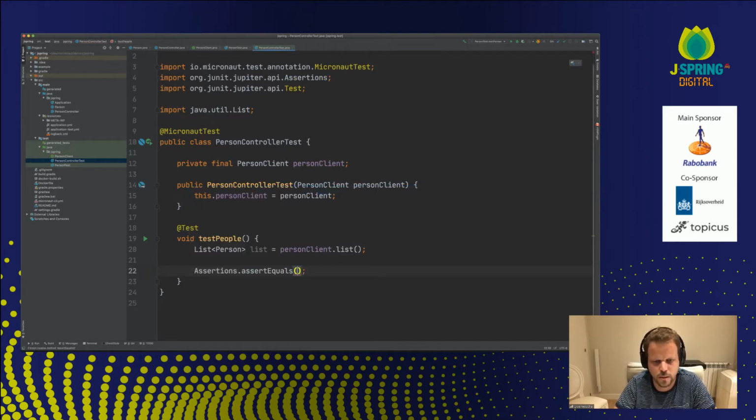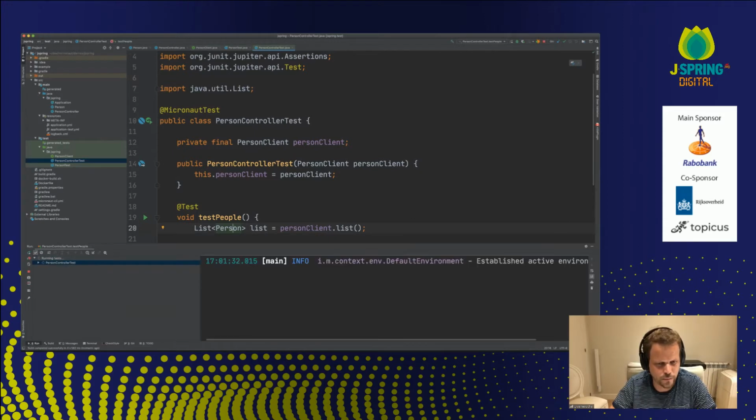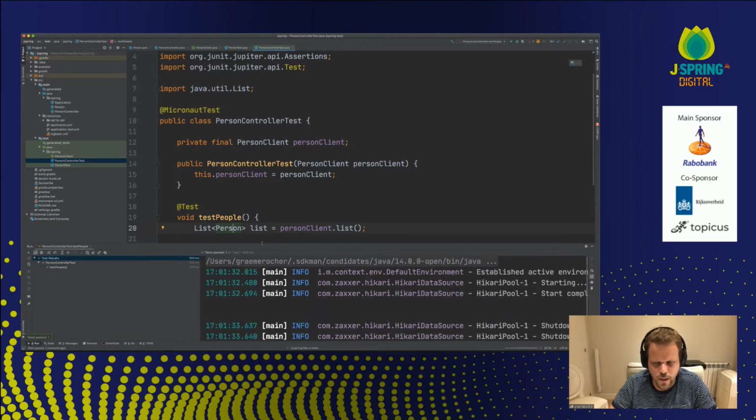So I expect it to be 2 people size. So that's the test, right? So let's run that and see what happens. And if the demo gods are with me, then things will work and everything will be happy, which they are. So there you go.